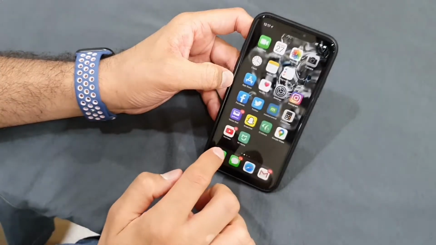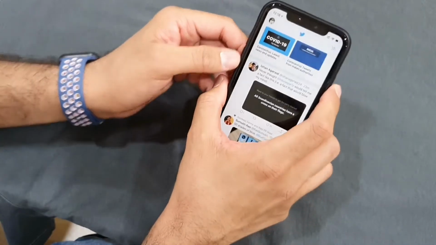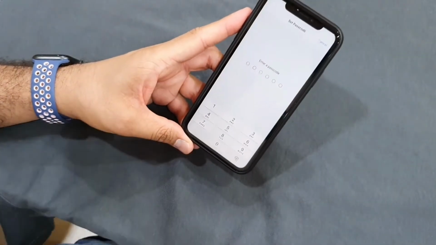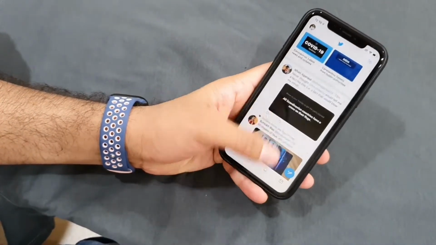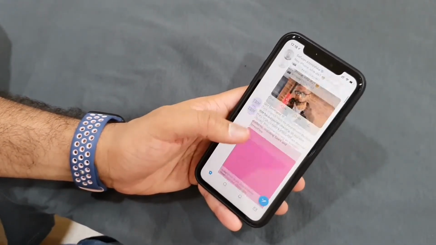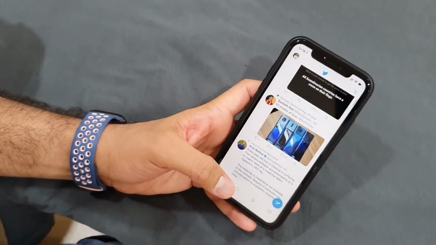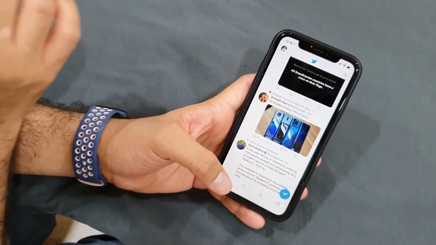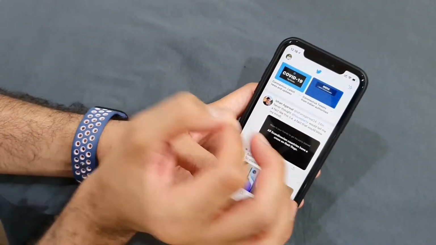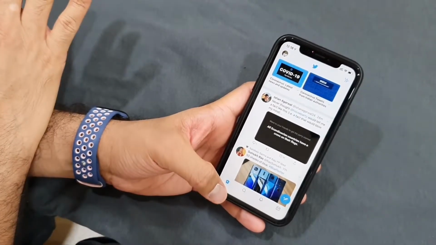So what it does is, for example, I want to give this phone to someone to use this particular app only. So what I'll do is, I'll triple press the power button and press start, and now what happens is, the iPhone is locked to only Twitter. The other person won't be able to close it, the other person won't be able to use anything, the other person won't be able to switch off my phone, other person won't be able to do anything other than this particular app. So if a message also comes, the iPhone won't let anyone open any other app other than Twitter.